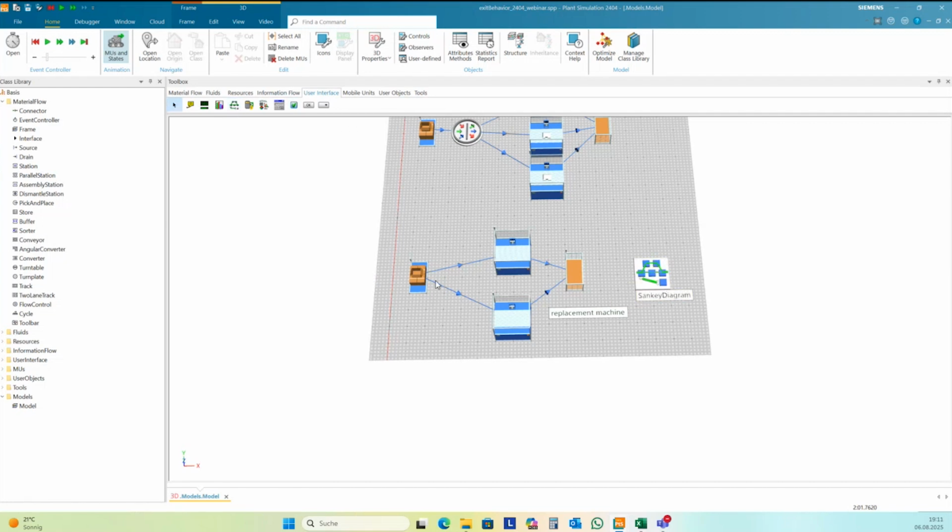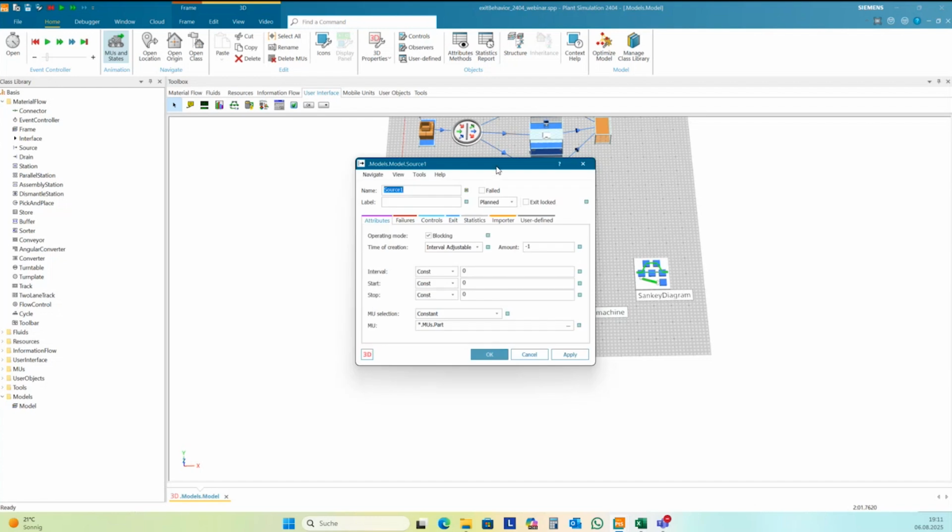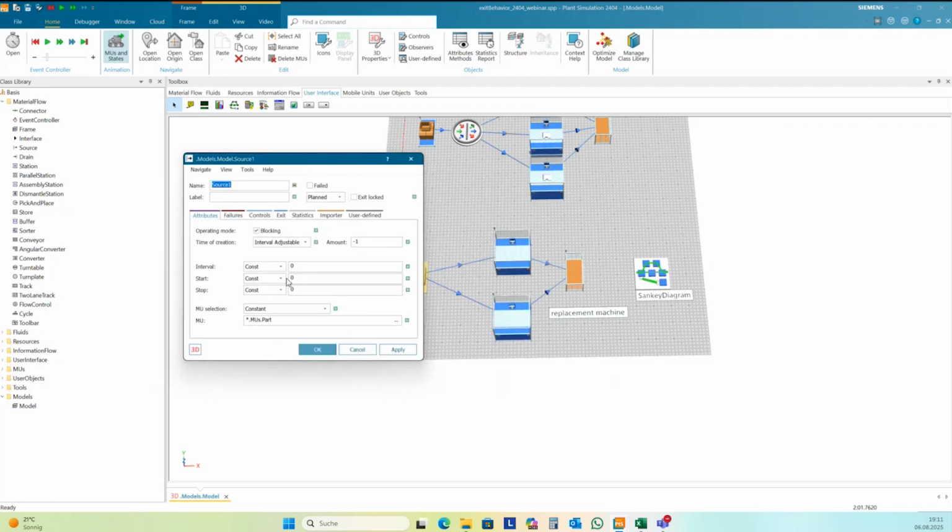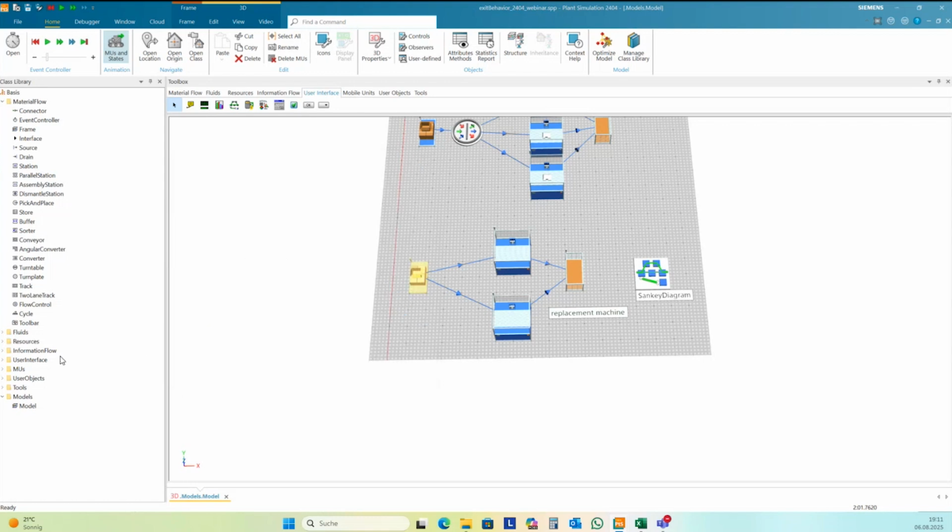And you need to set, okay, what kind of MU you want to observe. Here it's MU's part. It's the basic part here. So I need to track the class of this MU onto the Sankey diagram. And okay, let's have a look.